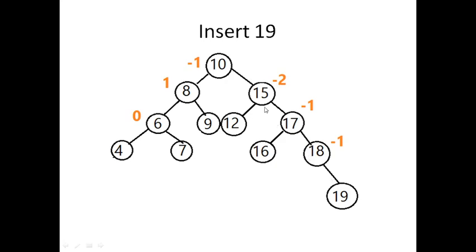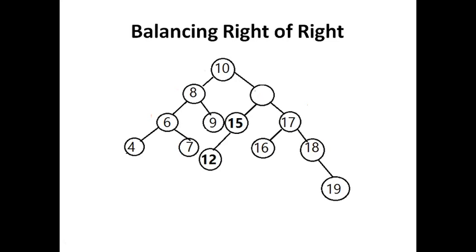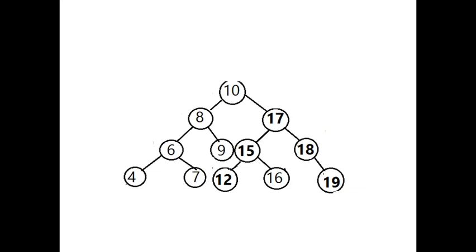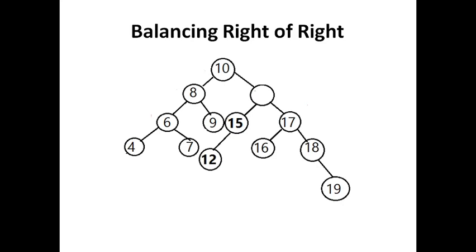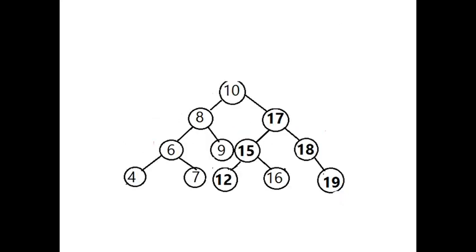So we have to rotate all the nodes towards the left at the 15 level, because 15 is the first node where there is unbalancing. Since it is right of right, the rotation should happen towards the left. So first 15 is pushed down, and then 17 is brought up, and it has become like this. And you can also see the adoption: 16 was adopted by the previous root node, which is 15. So it becomes like this, and it is now balanced.